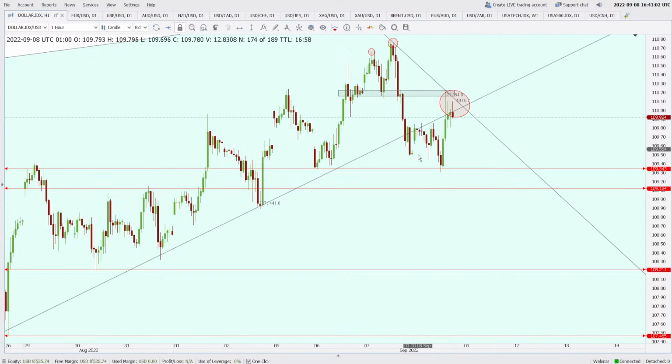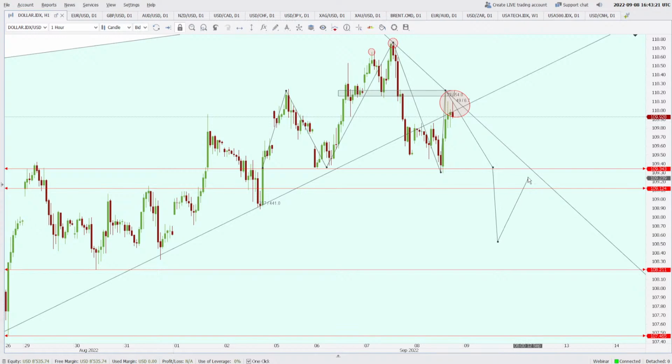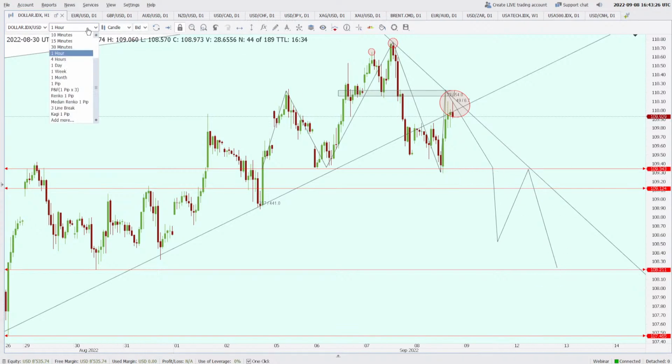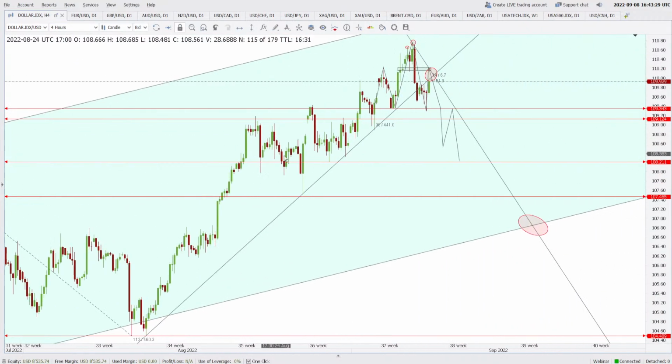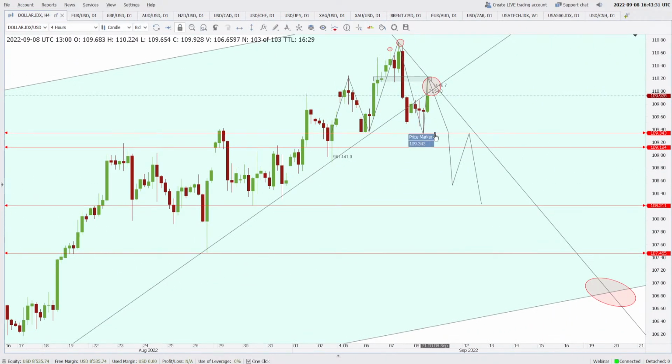So my friends, keep an eye on this pattern here. Remember, we had a head and shoulder in formation. There's a possible head and shoulder in formation here. So let's mark that here: 1 2 3 4 5 6 and approximately 7 8 9 and 10 levels. Let us see how things unfold, at least on 1 hour on the dollar index. On 4 hour there is not much information, because there's only one candle that has formed. Let us see what happens till tomorrow.